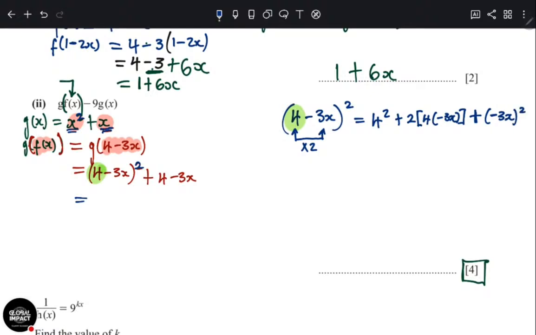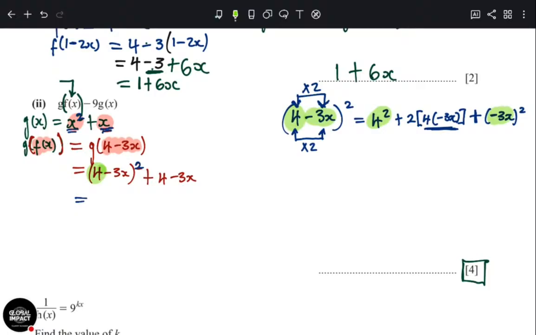Did you see? You square the first term, 4 squared, right? Then you multiply them together, the 4 and the negative 3x. The positive 4 and the negative 3x, you multiply them together. Then you should double the answer because it's going to happen twice. Then you square the last term, this negative 3x. It's a negative 3x. So we are going to double it, and then you'll be adding those things to each other, right?